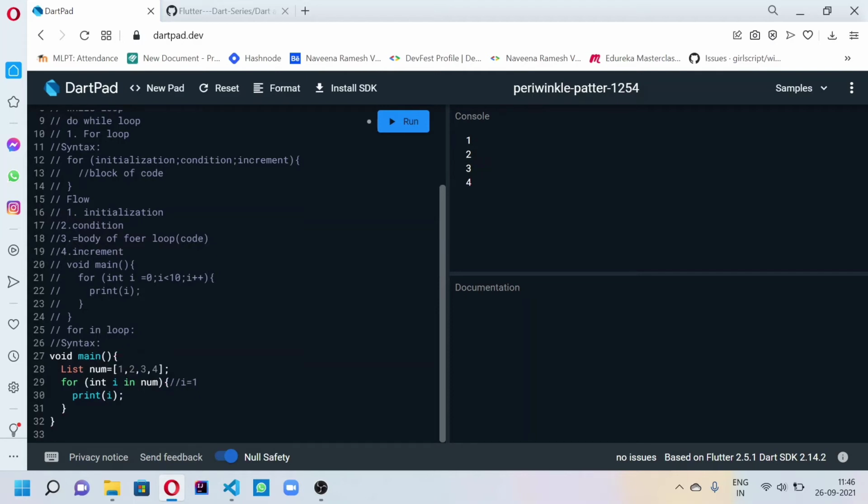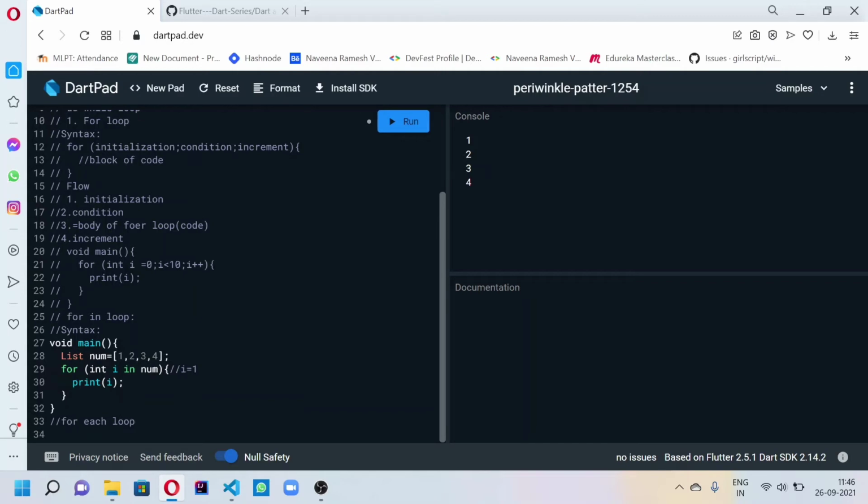Okay, now we check the for each loop. For each loop is nothing but the same as what we see in the for loop, but in a pretty much smaller way, which is easy for you to understand, I guess. But what is the difference between them? When you don't need any index, in that case we go for the for each loop. Otherwise you can use the for loop itself. Index is nothing but, in a list like 1 2 3 4, the index always starts from 0. The index of 1 will be 0, 2 is 1, 3 is 2, 4 is 3. Okay, let's see the syntax.